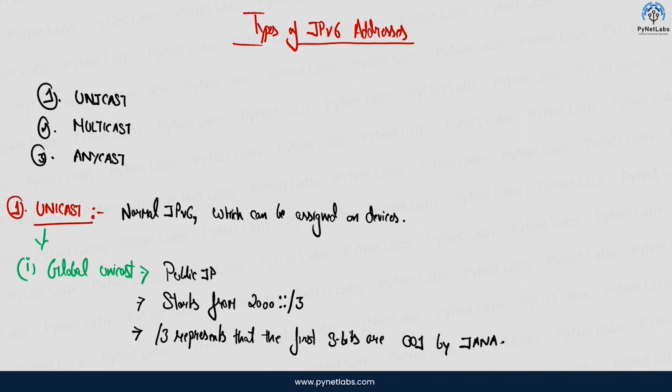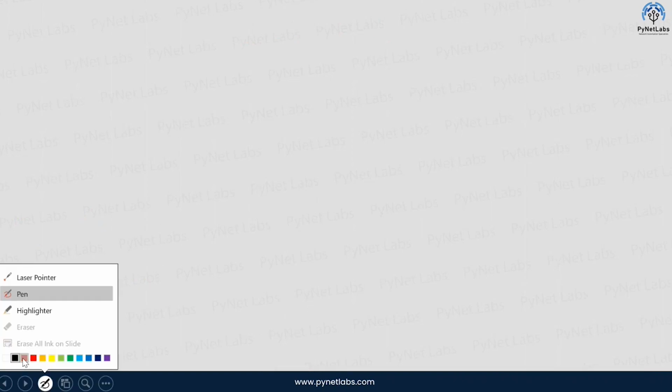So how come we say that the 001 is represented by IANA? We can take one example to understand that. Let's say I got some IP address here, and the IP address which I got was 2000::/3. I'll write the heading as this is my public IP, or global unicast, we can say, to understand it. And the range which is given for global unicast is